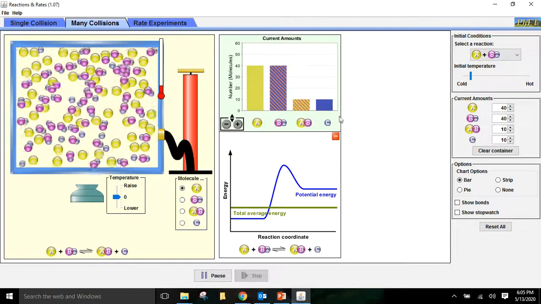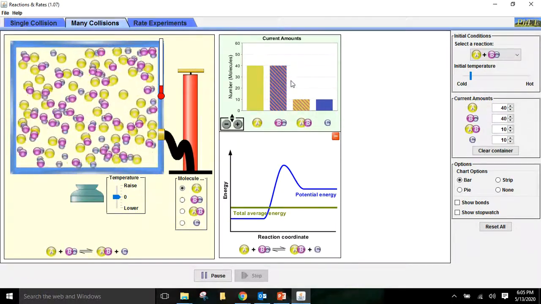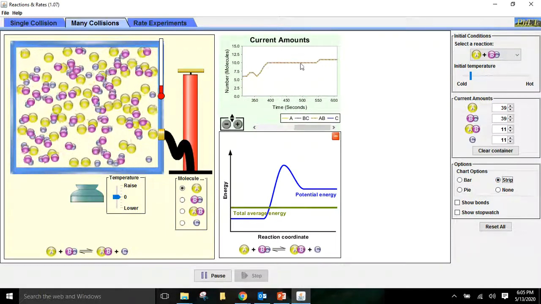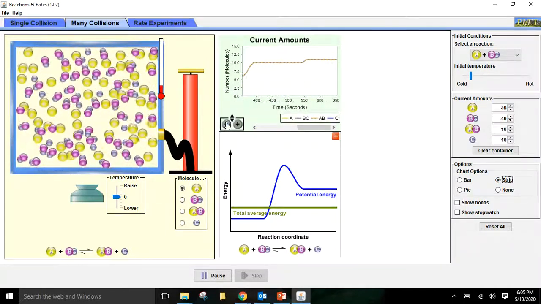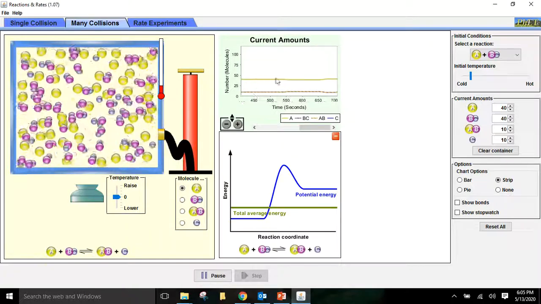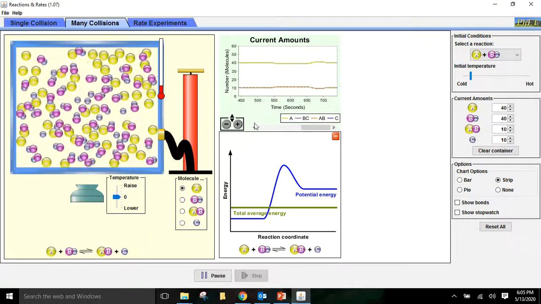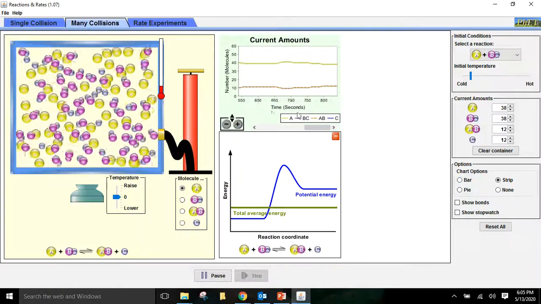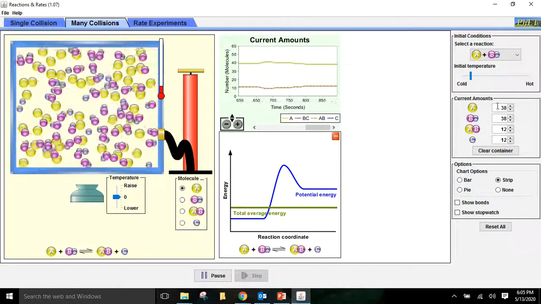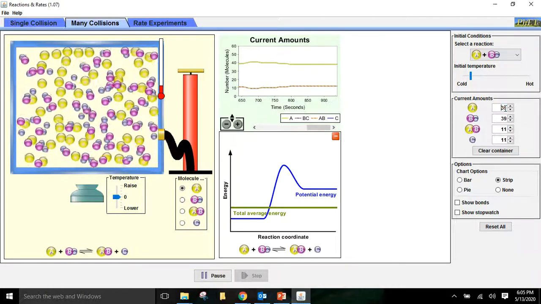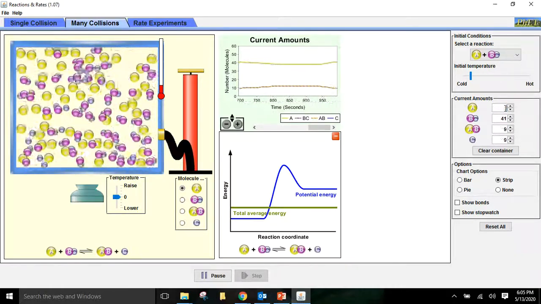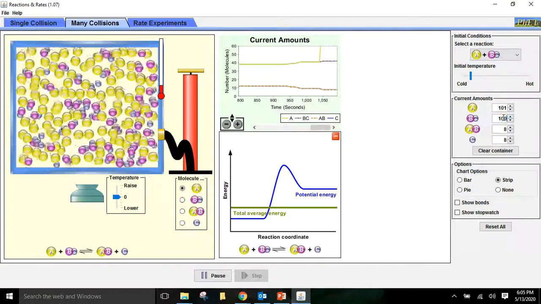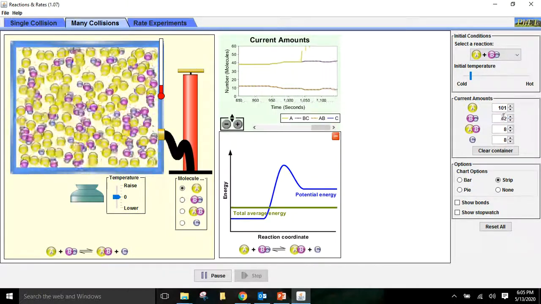It's reached equilibrium. Now, how can I mess with that equilibrium? Well, I can look at my strip chart and notice that when I do that, of course, I can see that they're reaching their own equilibrium as they do that, right? There we go. They're flattened out in their concentration gradients. I like the bar graph when we're thinking about it, but the strip chart is a very handy tool. If we take this, one way I can shift it, I could add more reactants, right? If I add double the amount of reactants, say 100 of those things, they're more likely to run into each other. And what would that do? As they run into each other,